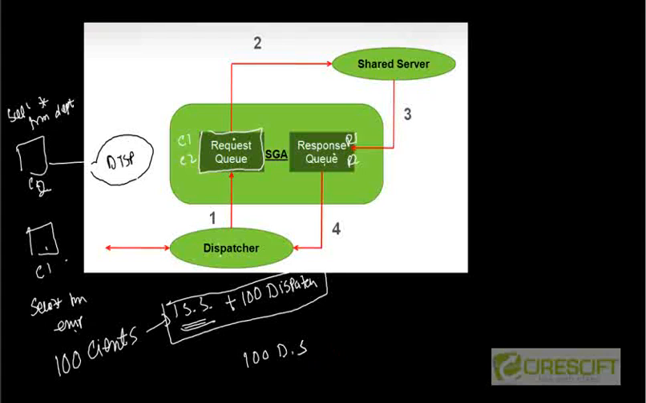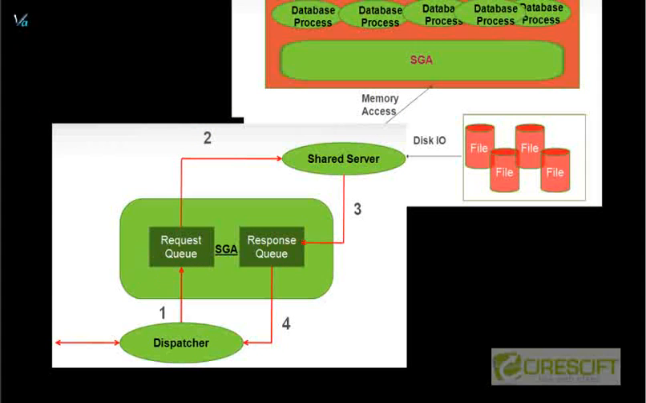Alright, so this is the final picture, how it's going to look. Let's say we have a client C1. Client C1 comes to the listener, and the listener creates a dispatcher, and then the dispatcher is going to put the command to the request queue. This shared server is going to poll the request queue, and whenever it is free it is going to get the request and then execute using the SGA and files and all this. When the answer is ready it is going to put it in the response queue, and then the dispatcher is going to get it from the response queue and get it back to the client, and